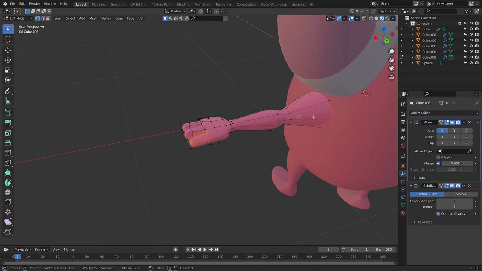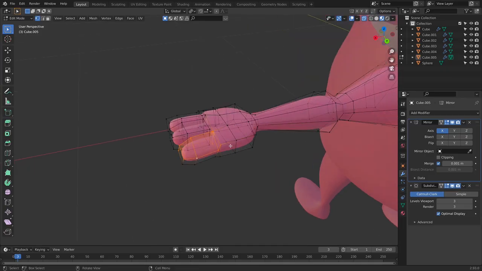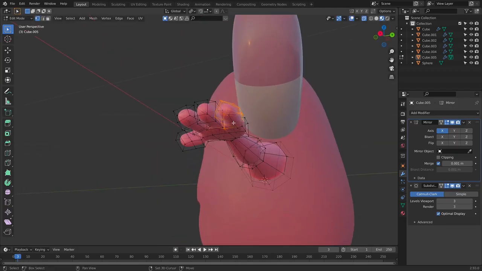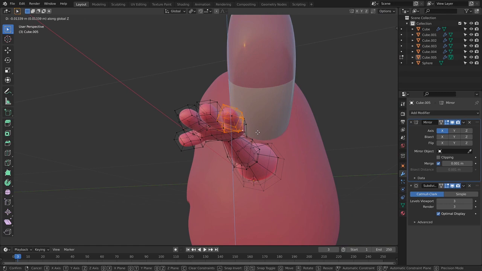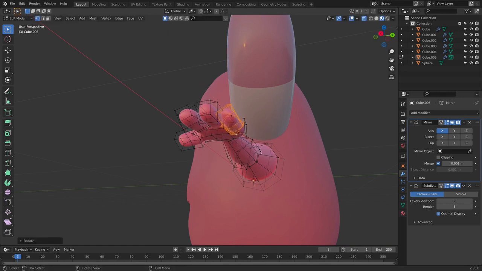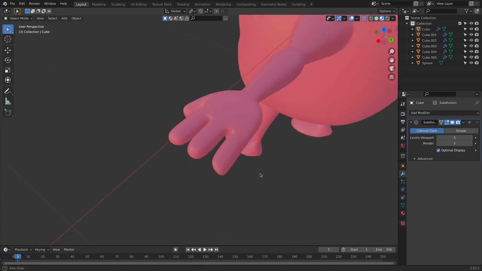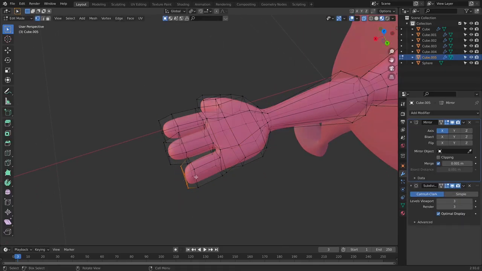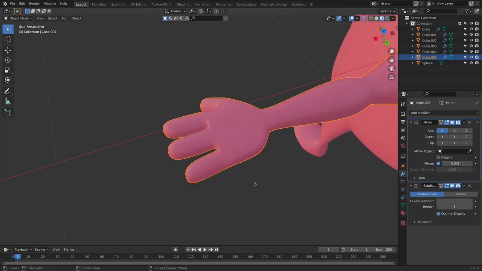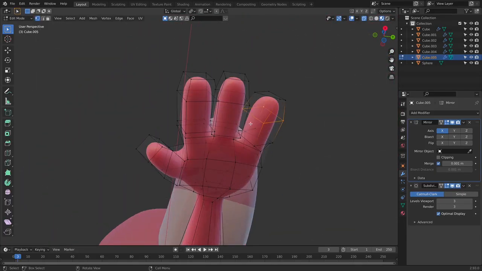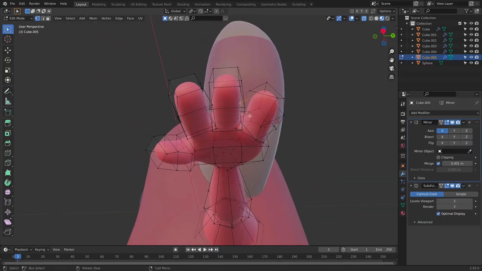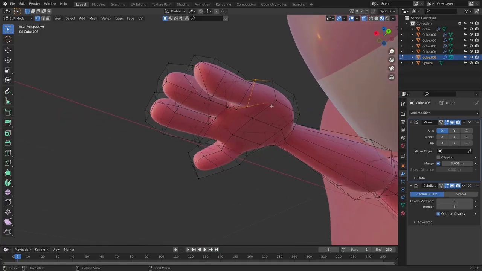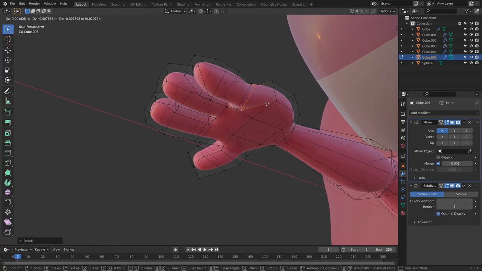Press C to deselect these vertices which we don't need. And I will grab it down with these bottom ones as well. So I will grab it down and I will rotate it in x-axis a little bit more. Let's shorten it a little bit as well. Grab it in x-axis and let's move this one down. Rotate these, grab them down,